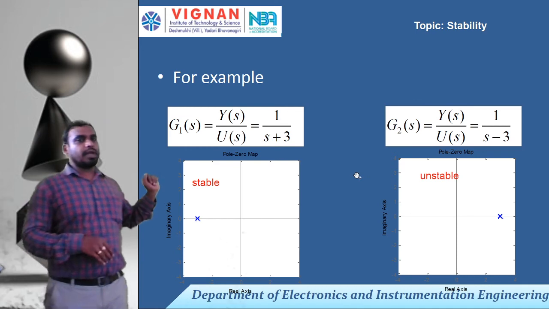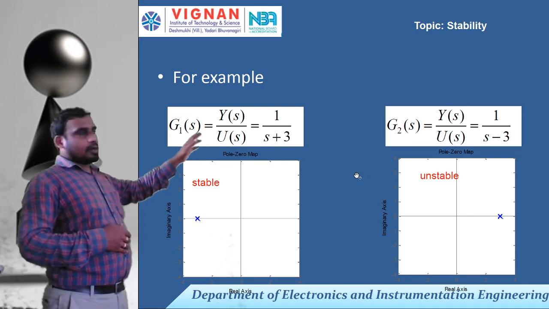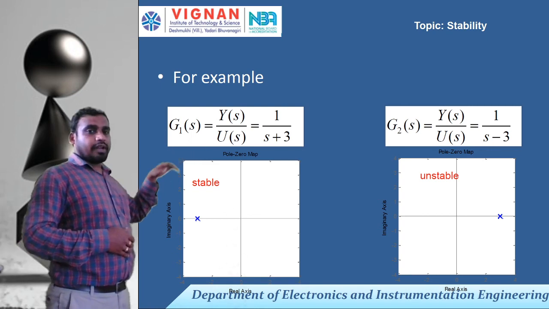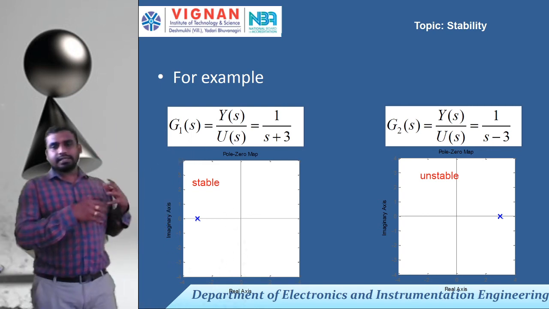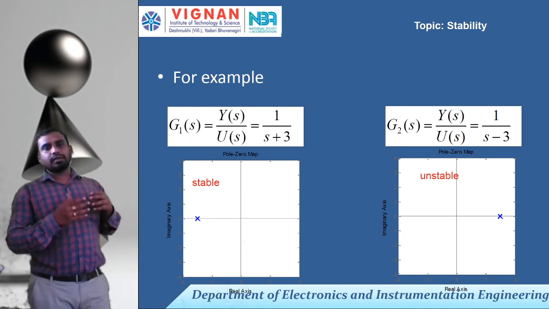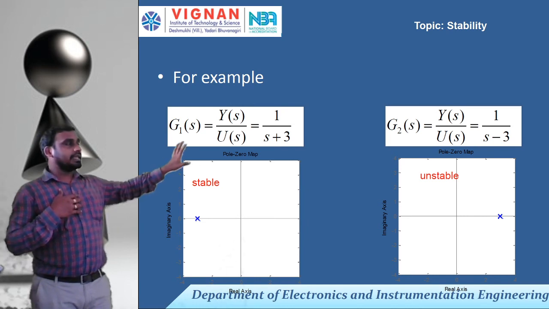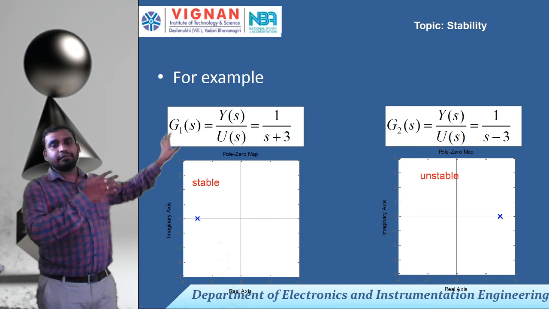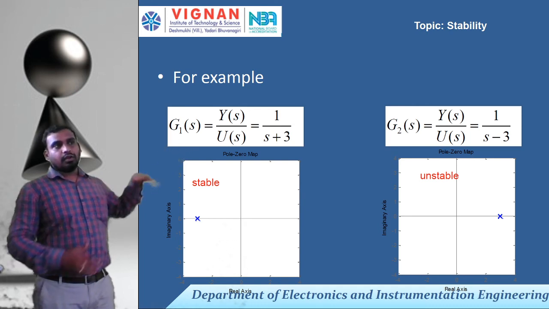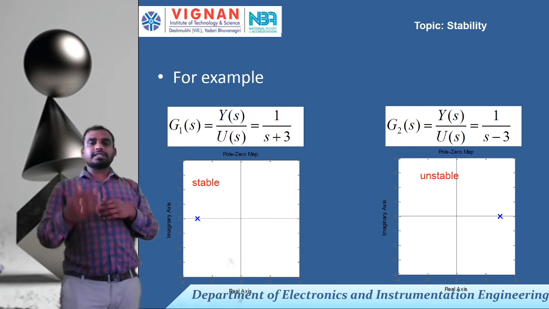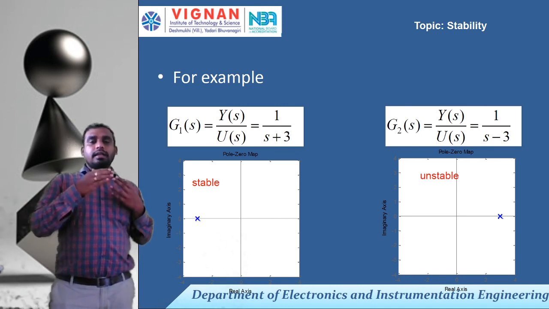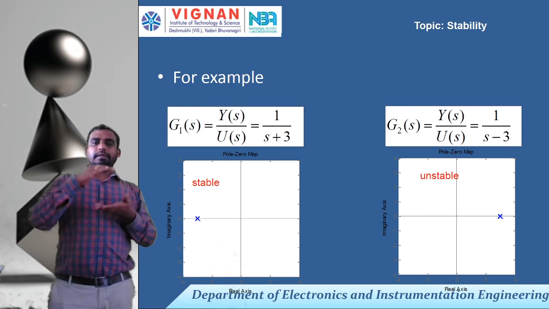So consider two examples here, where we have one pole on the right hand side and one pole on the left hand side. When you are giving certain input to these systems, what happens? The S plane is defined in the frequency domain. Once we convert by applying the inverse Laplace transform, whatever we see is a time domain signal. The time domain signal should be within the limit.